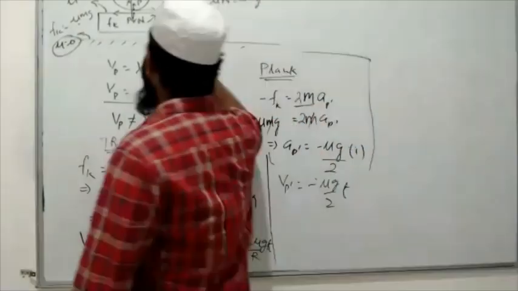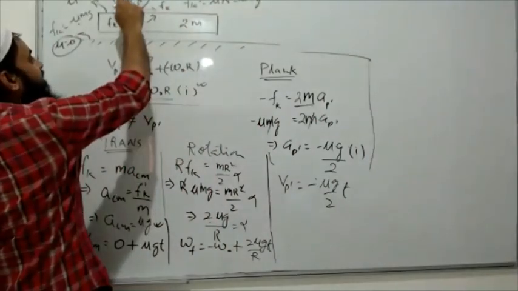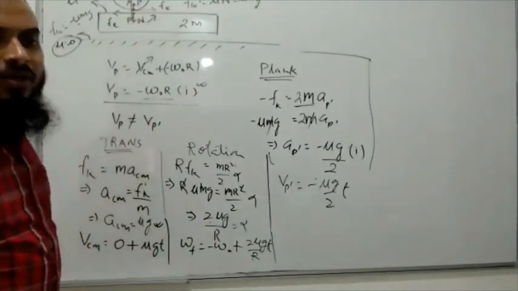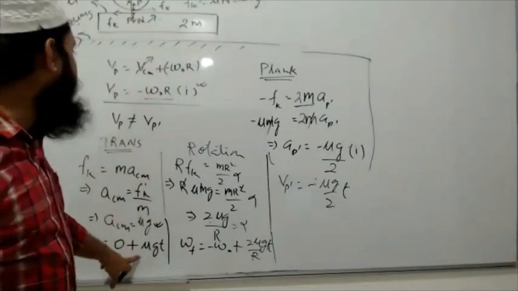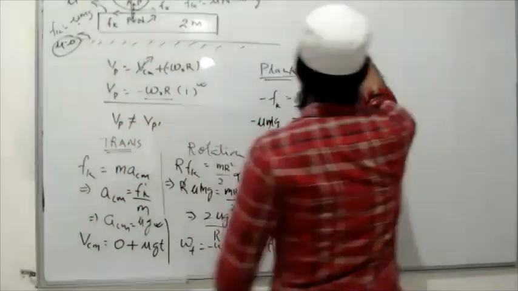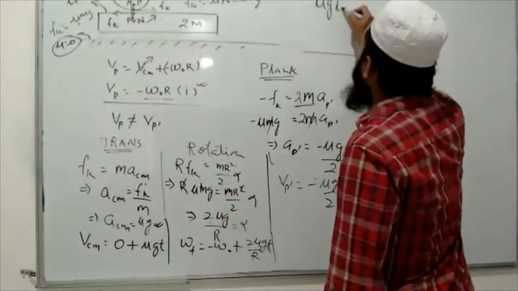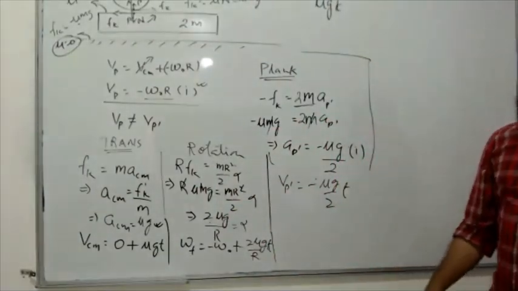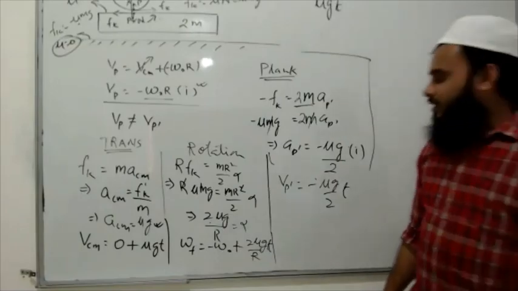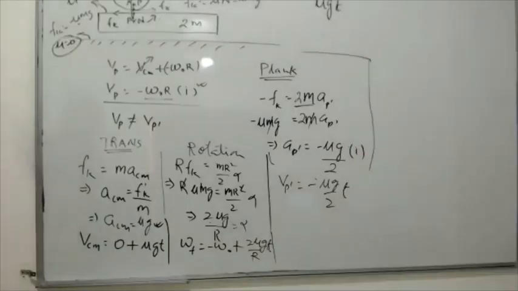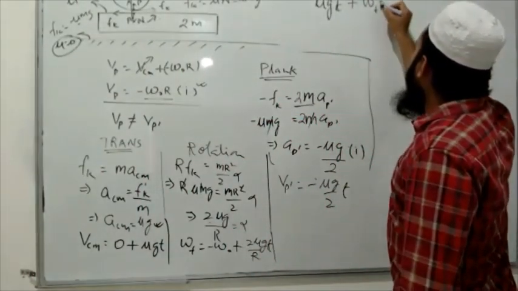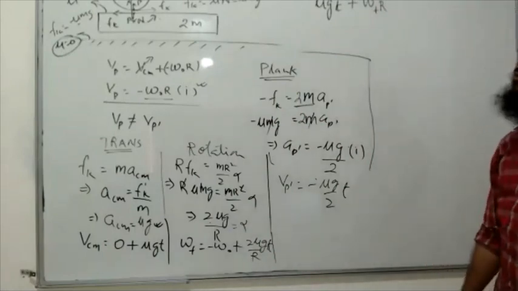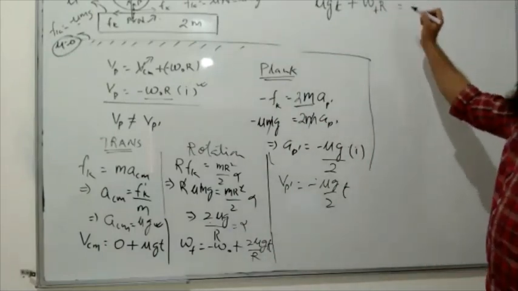First of all, I am writing the velocity of this point P after time t seconds. So I have to calculate the velocity of the center of mass after this time t, that is mu g t in the positive x direction. So mu into g into t. Is it clear? Now the alpha comes in the positive sense, I am taking. So plus omega final into r. This will be the net velocity of the point P.